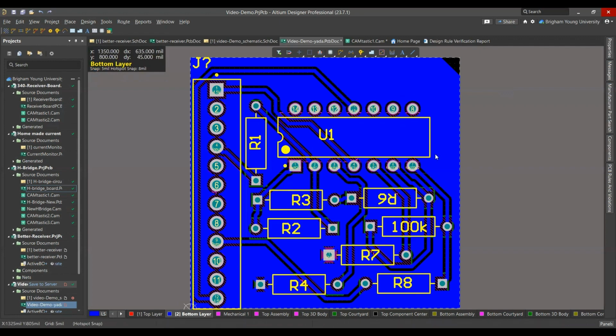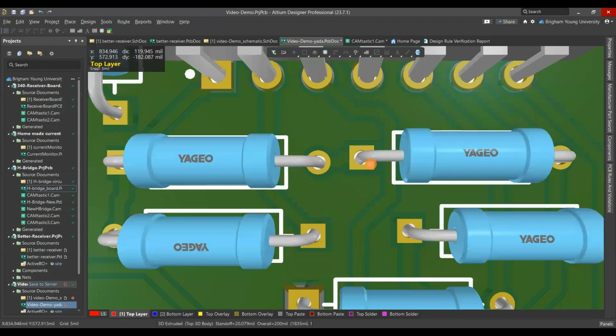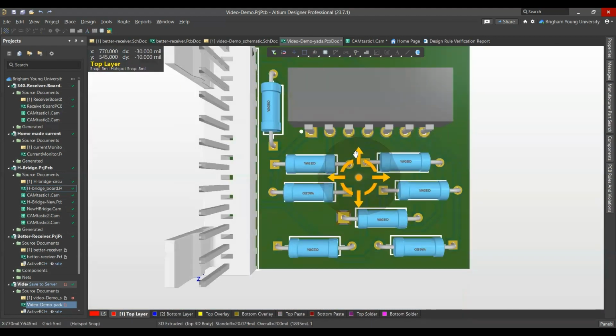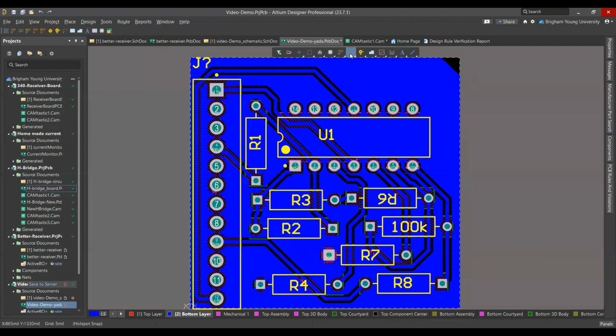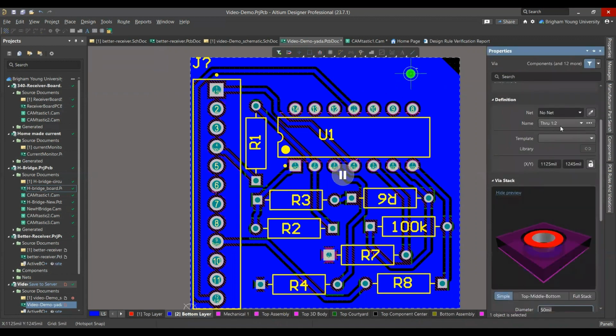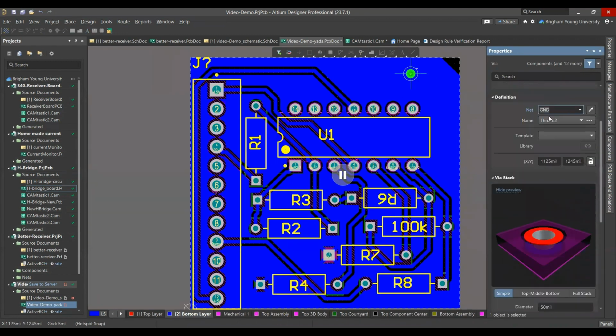Control Z works just the same. Scrolling works. Then a cool view is if you hit 3, you'll see the 3D image of what you're doing. You can look around that. 2 will bring you back. If you want to put pads or vias, there's this button right here that allows you to do via pad. You just select whichever one you want. If you hit tab while moving one of these objects, it'll let you select what you want to do. So like say you wanted this to be a ground via. You can say that you want to go through, you can set the size and everything you need to for